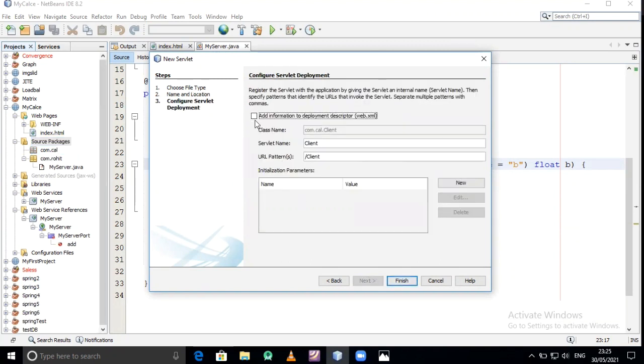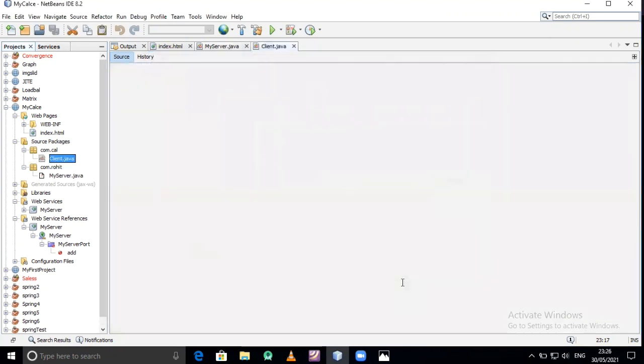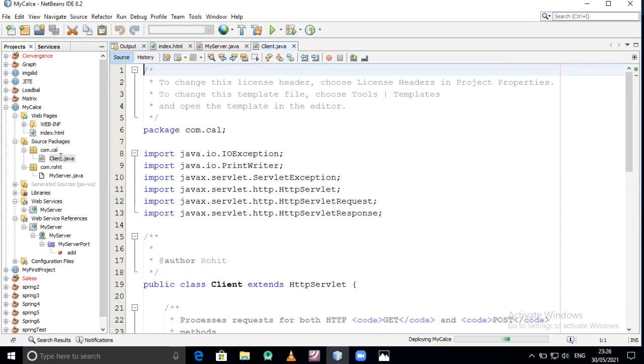Next, add information to the deployment descriptor, because each and every piece of information is available in our web.xml file. Just press finish. So here the com.cal client.java servlet is available.